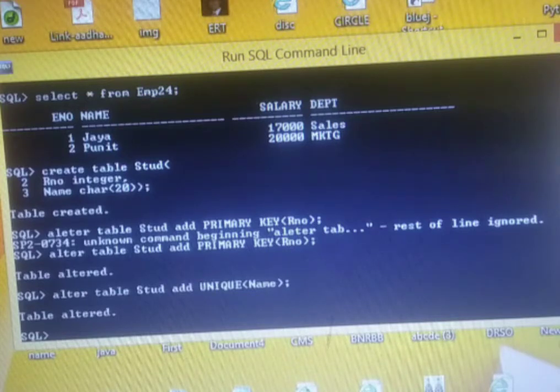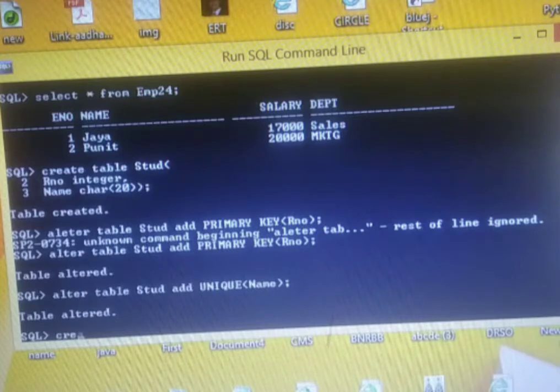Now comes a foreign key constraint. Foreign key constraint means if suppose you have this table student having roll number and name, or we can take that employee itself in which we have got employee number, name, salary and department. But if the company has created another database in which the employee number, the serial number, the address of that employee, the phone number of that employee, the date of birth, everything has been kept, and both these tables we want to connect to each other, this will be possible only with the help of foreign key.